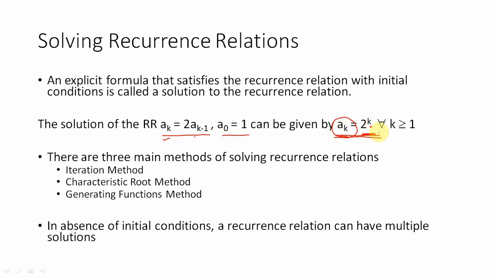Now there are three methods of solving recurrence relations which we'll be seeing in the subsequent sessions. The first is the iteration method, second is the characteristic root method, and the third is the generating functions method. Now one important thing, if initial conditions have not been specified, then a recurrence relation can have multiple solutions. It is only by the use of initial conditions that the recurrence relation gets a specific expression,